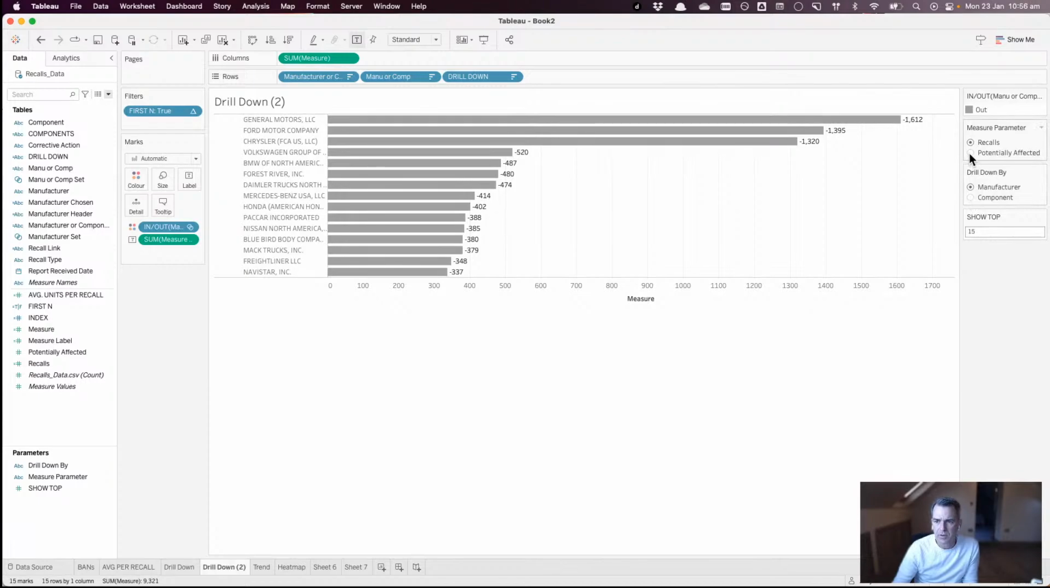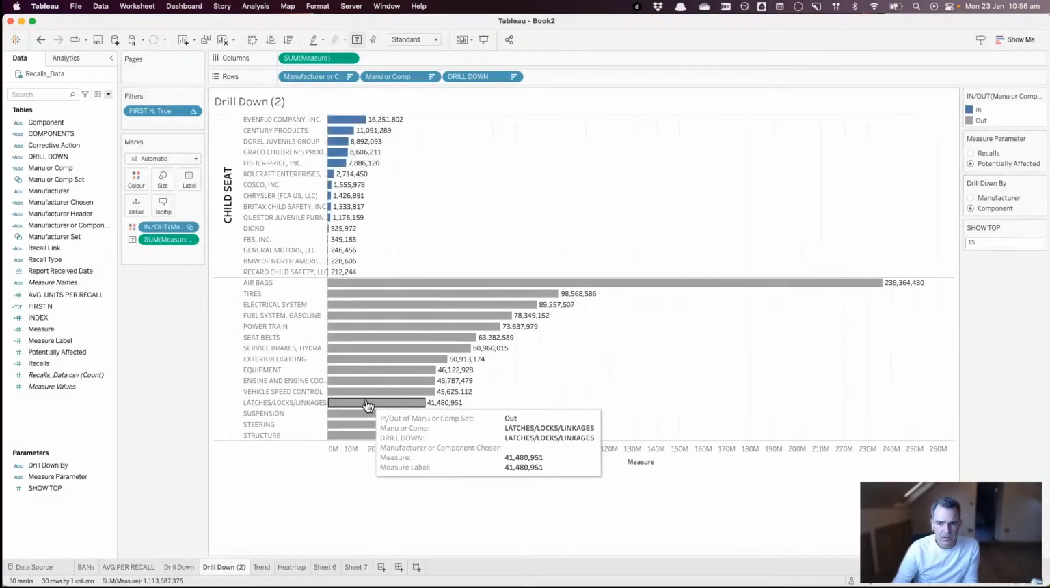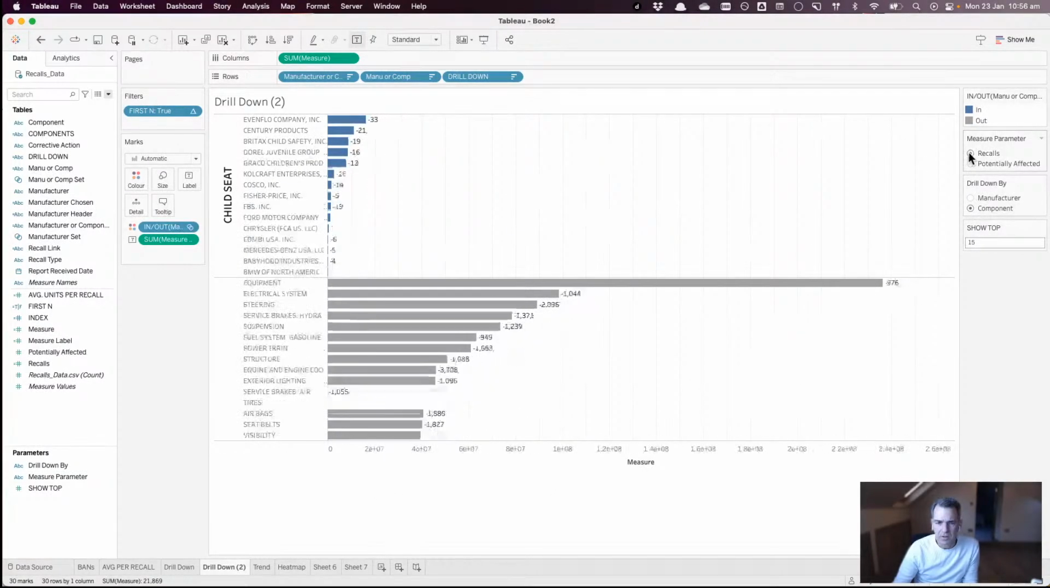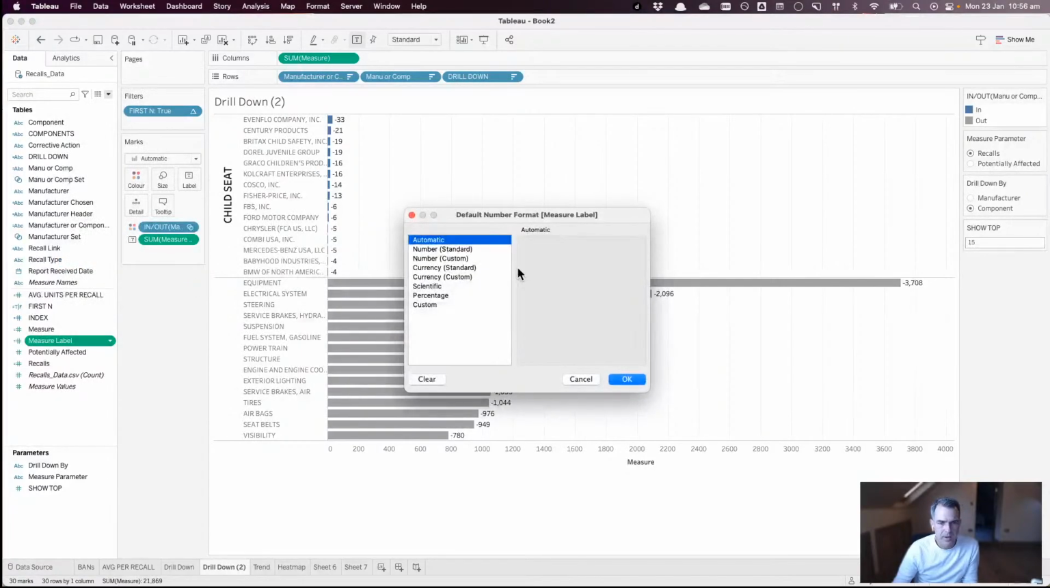Oh, but that's recalls, sorry. Okay, so I'm getting 199 million, and I go to components, I see the millions, but if I switch now to recalls, I get the thousands that are in negative. Okay, so what I'm going to do here is set the default number format, and I'm going to say, let's do it in millions,